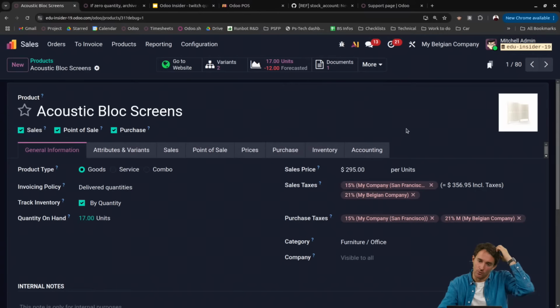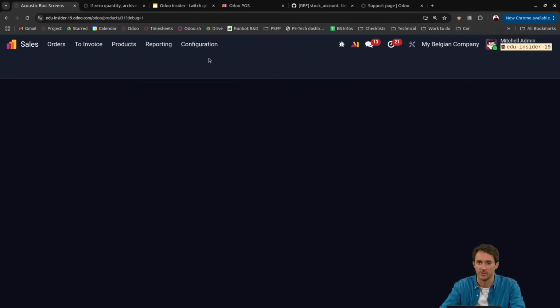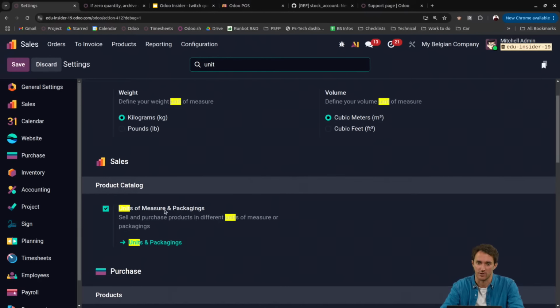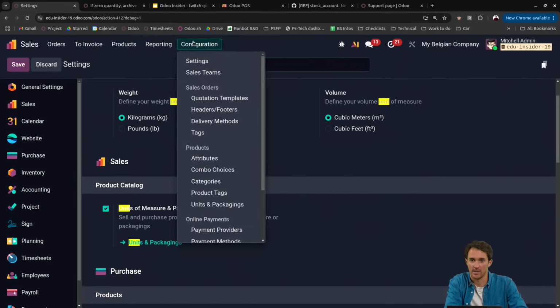But when you do that, what you need to do is to explain what a piece is. If that's simply for you to replace the name of unit by pieces, because for you it's the same, you can. But if for you, I guess it's not the case, but if for you a piece is equal to 5 units, you need to pay attention then to how you are going to organize your data so that it makes sense at the end. Or if you want to keep both, you can do it as well. But anyway, what happens is that you need to first enable this option in the settings, which is units of measure and packagings. And then you have access here to the units and packagings